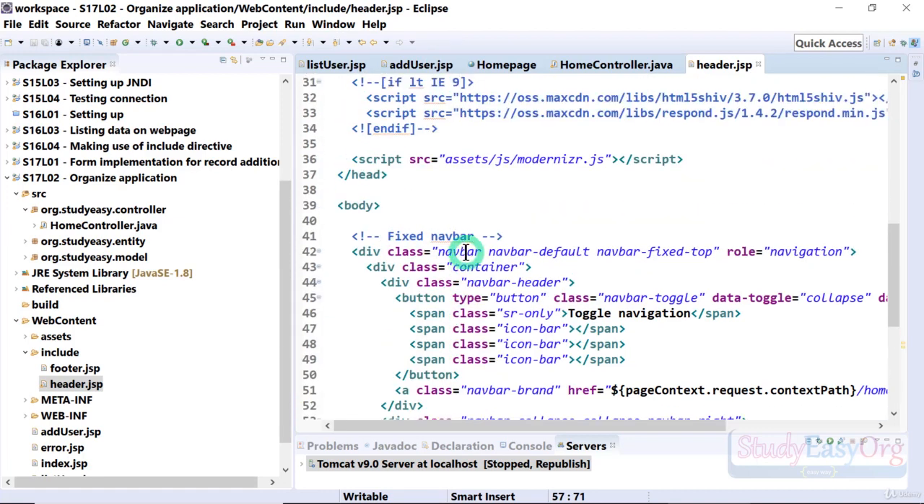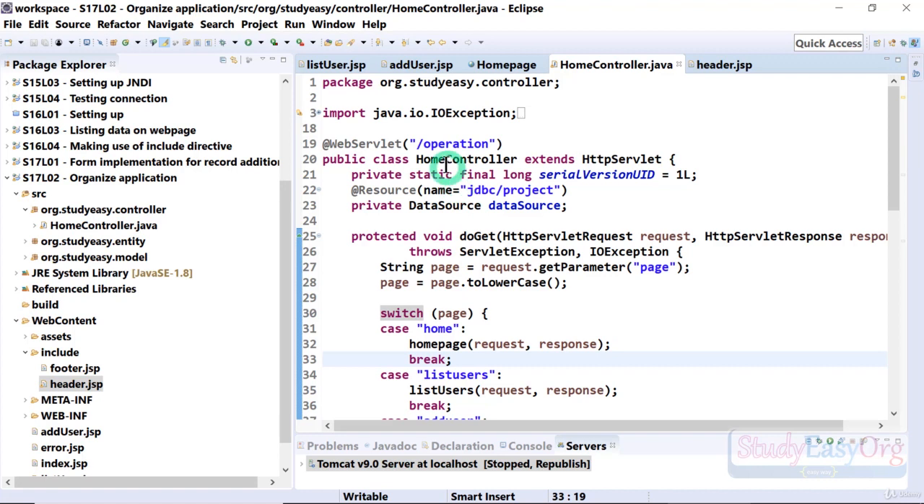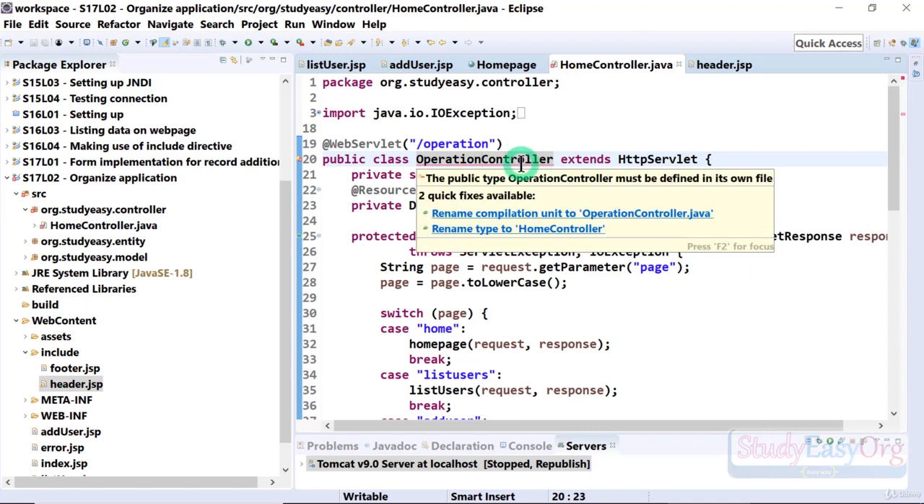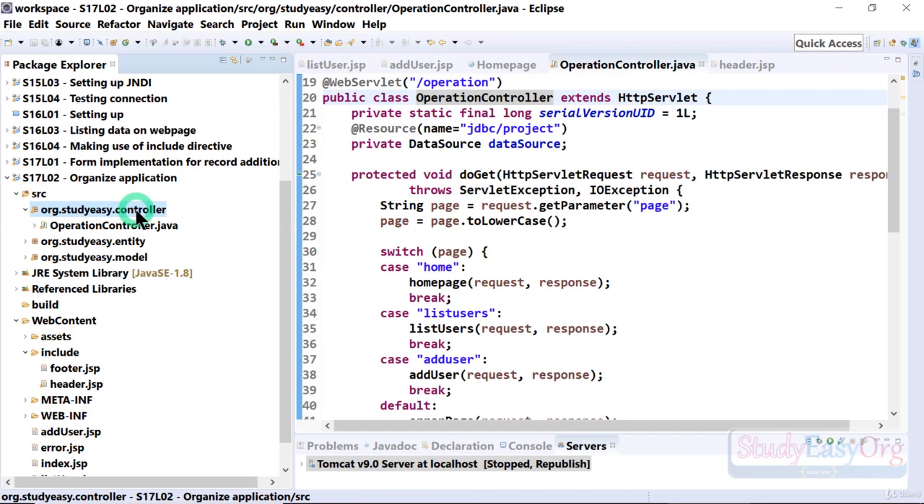Now friends, we have given the URL mapping as operation. Let us also fix the name. It would be operation controller, and we also need to rename the file. So we will hover over this and select the option to rename the compilation unit to OperationController.java. Alright, now moving forward, let us create yet another controller,